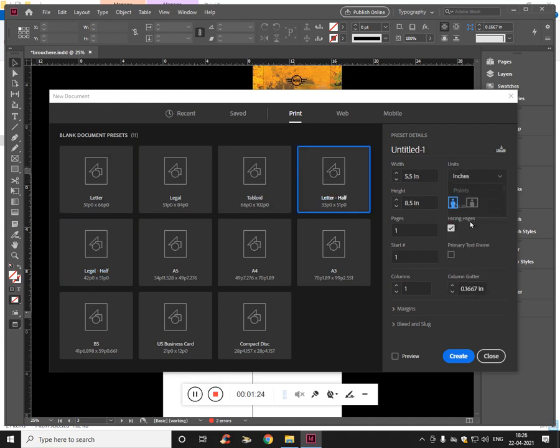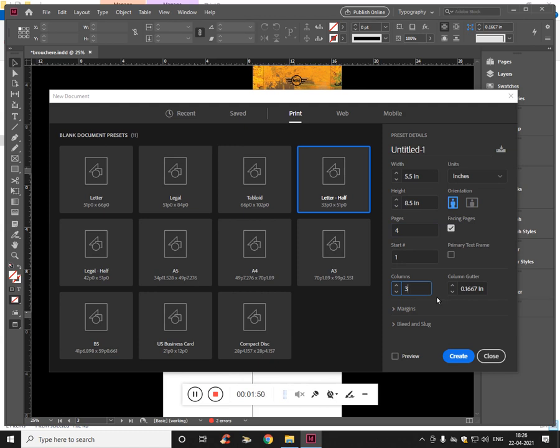Let's say we need 4 pages and facing pages. We want to start from 1, and we need a column of 3. Each page should have a column of 3, and I'll show you how to change it, because the first page does not have a column, we'll see how to do it.